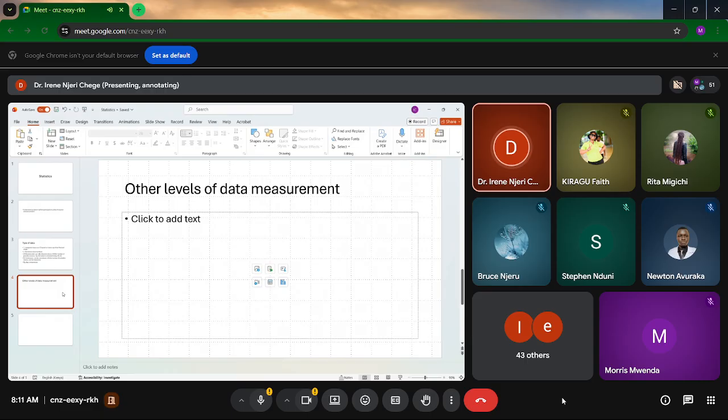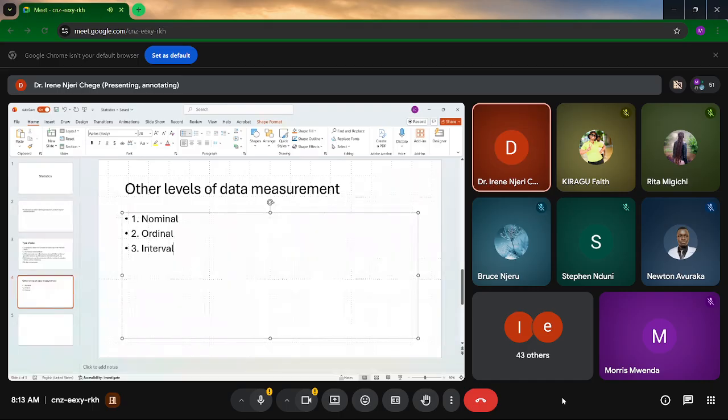We talked about interval data. In interval data, we now start being numerical. So it is quantitative. We measure numbers. But here we have an arbitrary zero. There is no meaningful zero. For example,